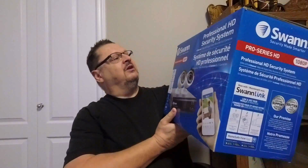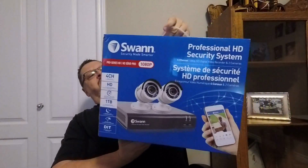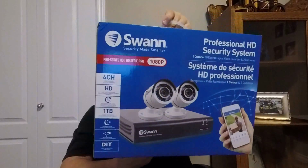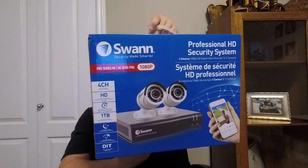I was the lucky bidder, I guess if you will, at a silent auction for a charitable organization that my wife was involved in, or is involved. I can't remember. Anyways, I actually won the bid. I can't remember what I paid for it, but it is actually the Swann security made smarter system, and it comes with a DVR and 2 cameras, and the DVR has the capability of